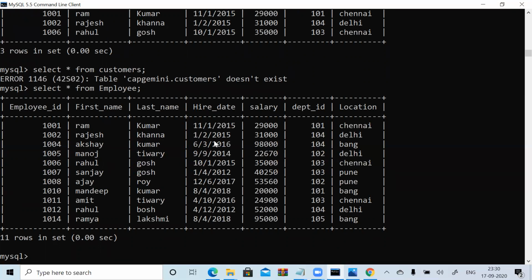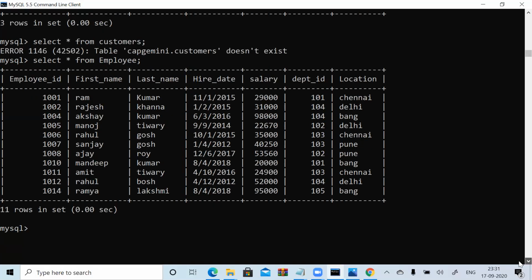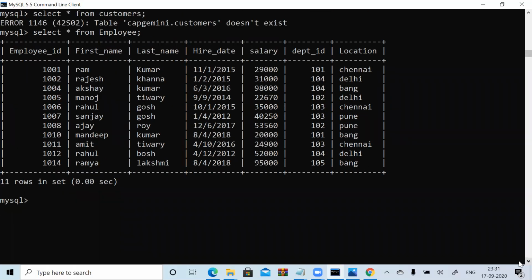Now let's do one simple thing. Already I have the table, right? Now I need to get one extra column, experience. Whoever has a salary greater than 50,000 will be considered a senior. Whoever has a salary less than 50,000 will be a junior. You need to create a new column called status, in which you print the senior or junior tag.